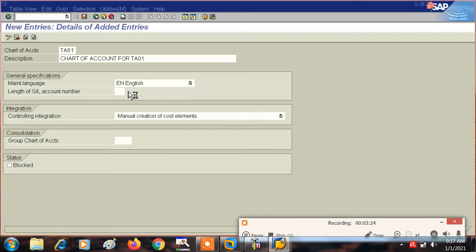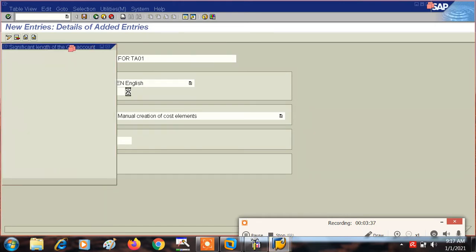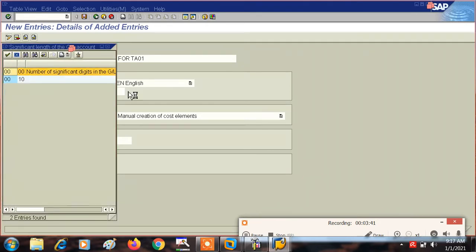So what is chart of account? Chart of account is nothing but a list of general ledger accounts, right? What is a general ledger account? General ledger accounts are used when we have to record financial transactions of our organization, of our company. Or you can also say we record all our financial transactions in general ledger accounts.